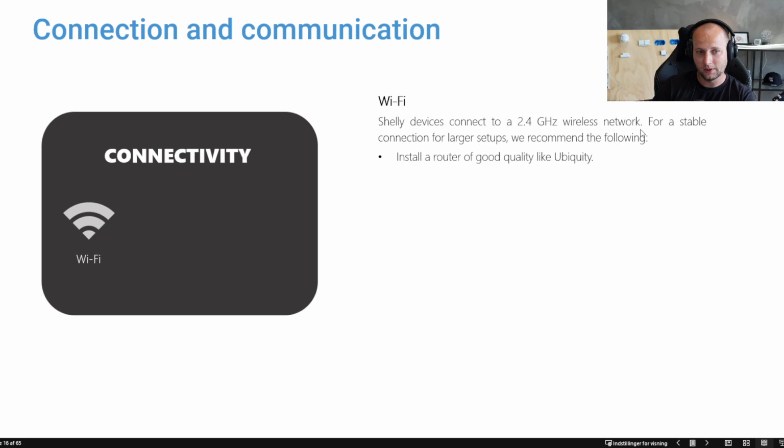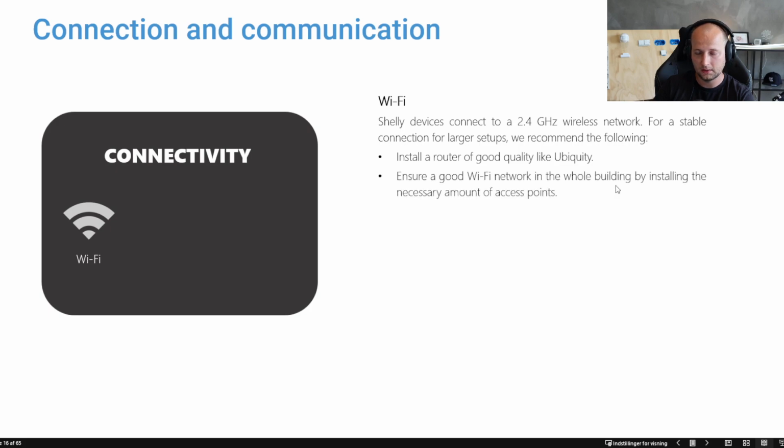I have a few recommendations. Be aware that it is not mandatory to follow these recommendations, but if you as professionals are building bigger installations, then you might want to follow these. So first, if you're doing big installations and would like to do it more professionally, install a router of a good quality. I'm always recommending Ubiquiti because I'm using it in my own house, and I really like their solution. But it could also be TP-Link or Zyxel or something like that. Just make sure to buy a router of a decent quality. It does not have to be that expensive.